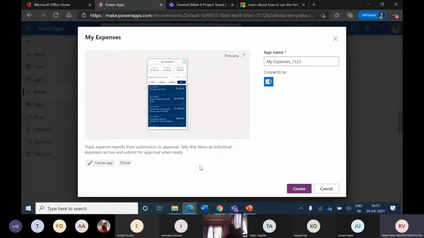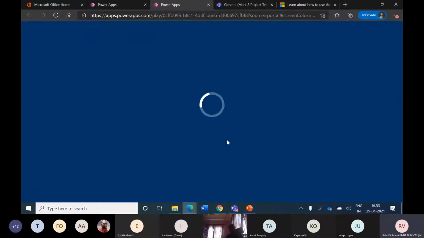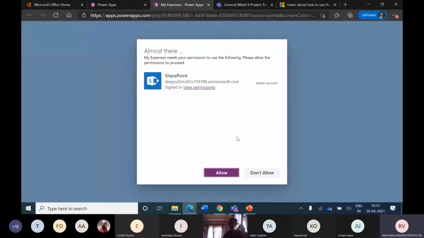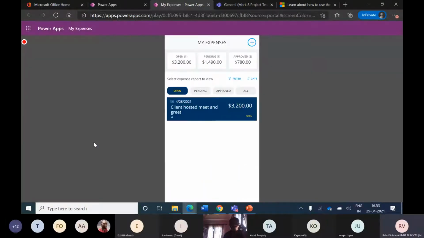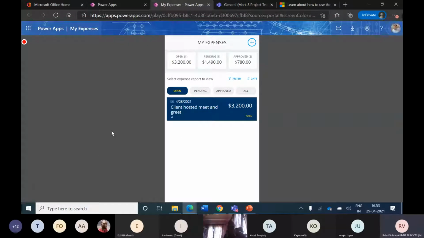This is a very commonly required use case in organizations where expenses are submitted for reimbursement. So they go through a process of approval. Let's understand all of these app templates are built in a manner that they address most of the base use cases and then provide you with a feature to add more. So my expenses is what we are seeing right now.